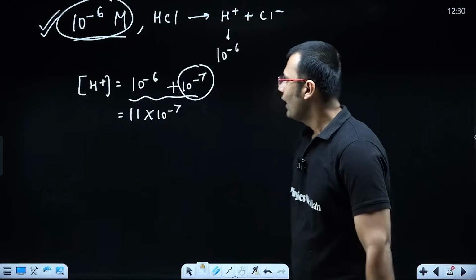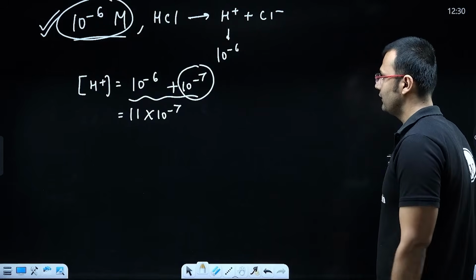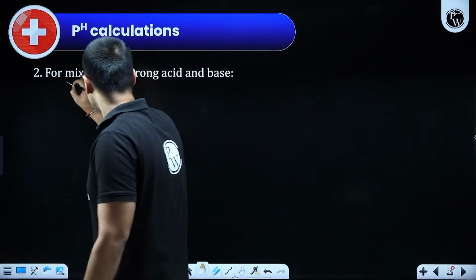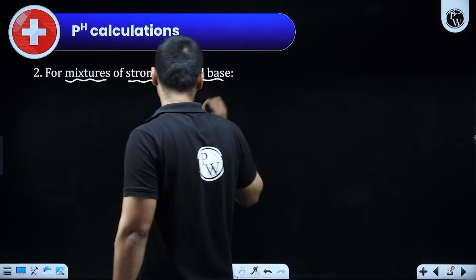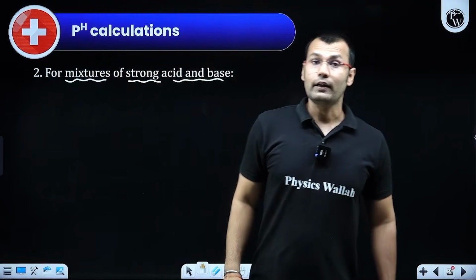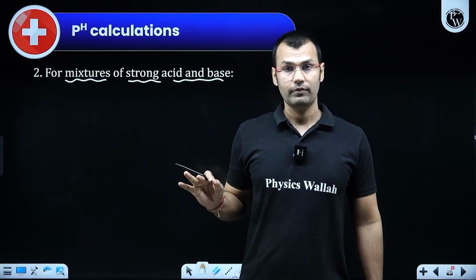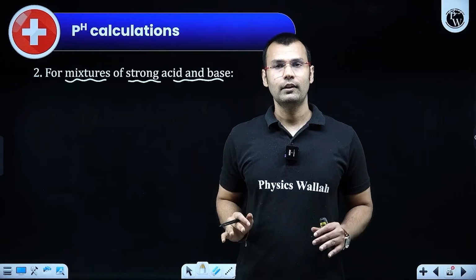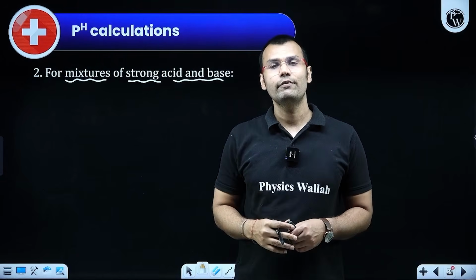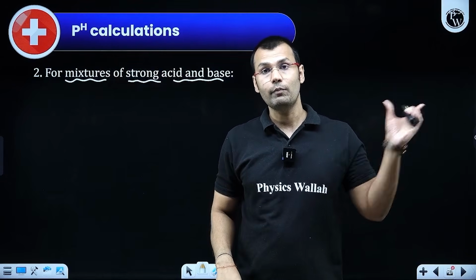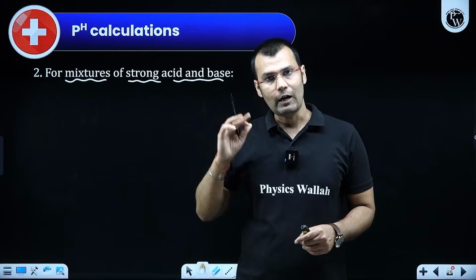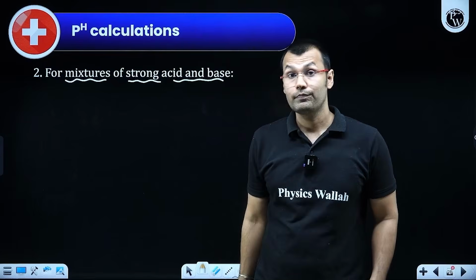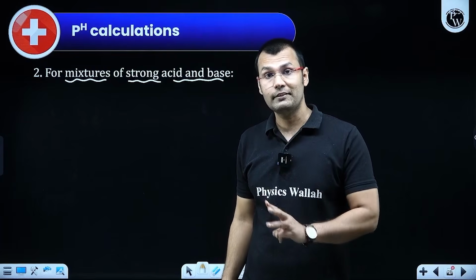Correct? Now, after strong acid, strong base, sometimes we do get questions on mixtures of these strong acids and strong bases. And please remember, currently I am not talking about weak acid, weak base. Currently we are dealing with only the strong components. So previously we saw that if I have one strong acid or one strong base solution, how we can get the pH. Now the point is, sometimes we can have a mixture. And when you talk about mixtures, you can have three cases. One is